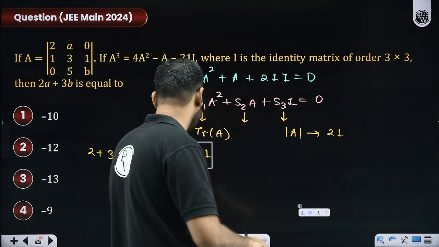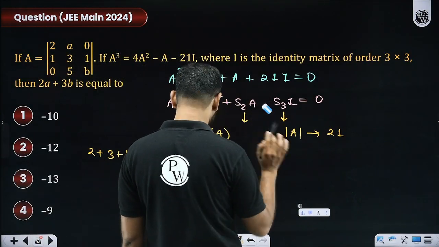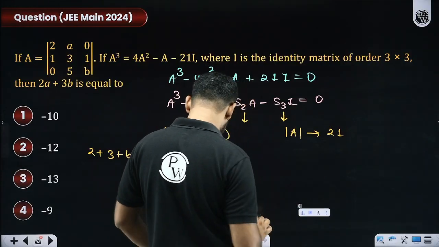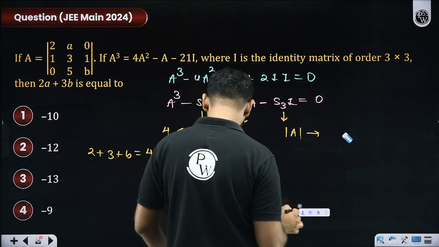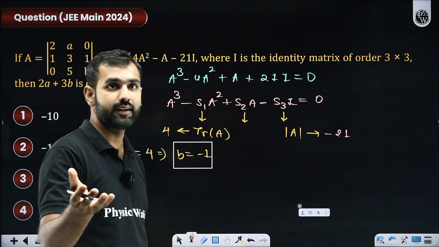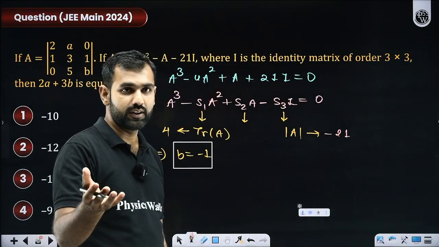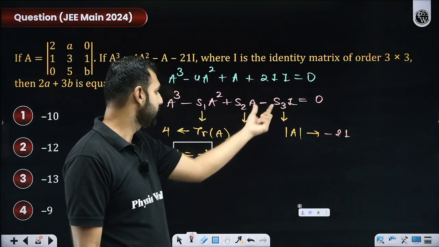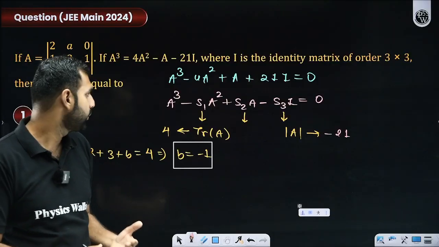Oh, yes, I'm making a mistake. I am really sorry. Thank you so much for making that correction. It is minus here. So determinant of A, yes, thank you so much for that correction. It is minus 21. I hope you remember that. Thank you so much for highlighting it. Harini, Jagrati, that's good. Plus, minus, plus, minus. I mistakenly took it as plus. I'm really sorry for that, but I hope you realize it now.